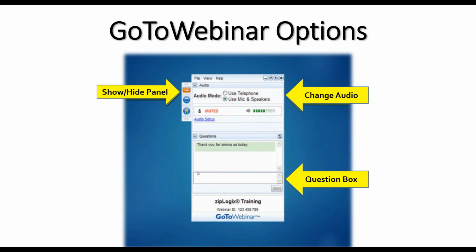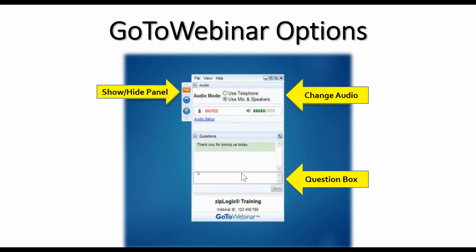So hopefully we have a lot of good questions today. To the right of that is the audio mode options, where you can listen to today's webinar in two different ways. The first way is telephone, where you dial in, and the second way is using mic and speakers, like I am here today. Right below that is the volume controls. I'm sure everyone has a good working understanding of how volume control works, so just adjust it based off your own personal preferences.